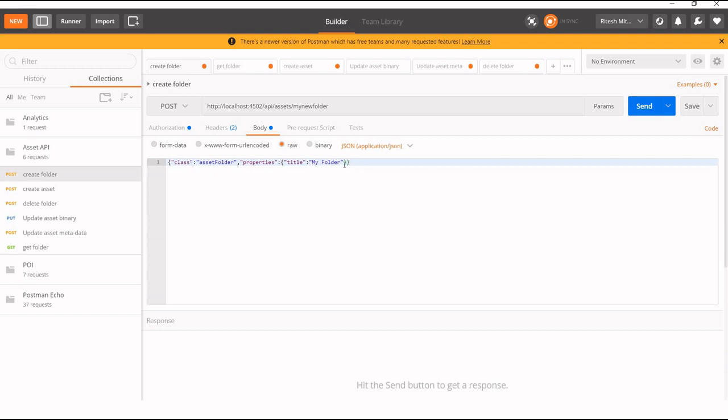This is the type of JSON you need to send in the body. Maybe you want to create a new folder. What I'm specifying here is /api/assets, which is the default URL. I just want to create a folder named tech talk with Ritesh at the default location inside content DAM.